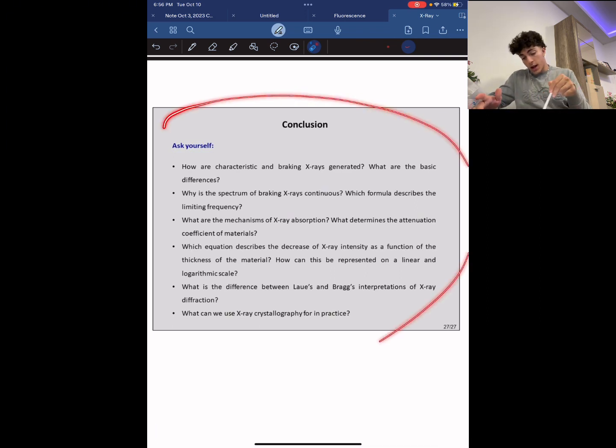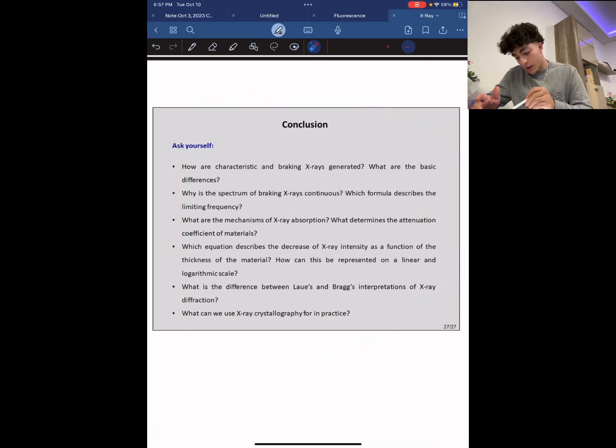These are some questions you can ask yourself. For example, how are the characteristic and breaking X-rays generated? What are the basic differences? So we know characteristic